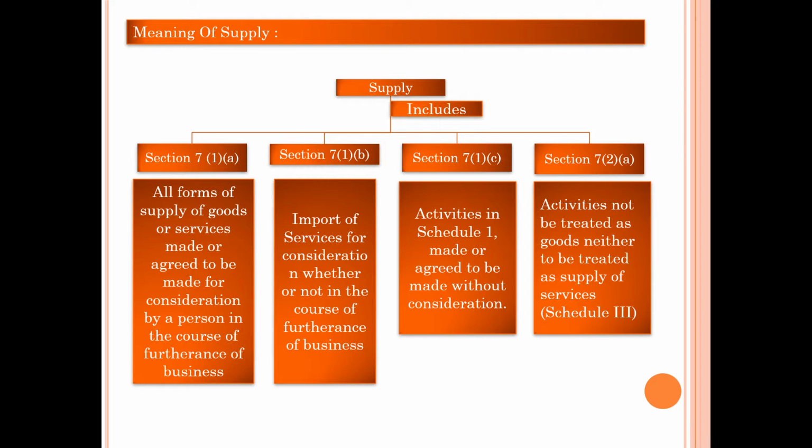What does section 7 subsection 1 clause A say? All forms of supply of goods or services made or agreed to be made for consideration by a person in the course of furtherance of the business. That means there are 5 important components to be called a transaction as supply. First, there has to be either goods or services. It should be made or agreed to be made. That means advances are also covered. For consideration, by a registered person, fourth condition, and fifth, it is for in the course of furtherance of the business. However, by virtue of notification number